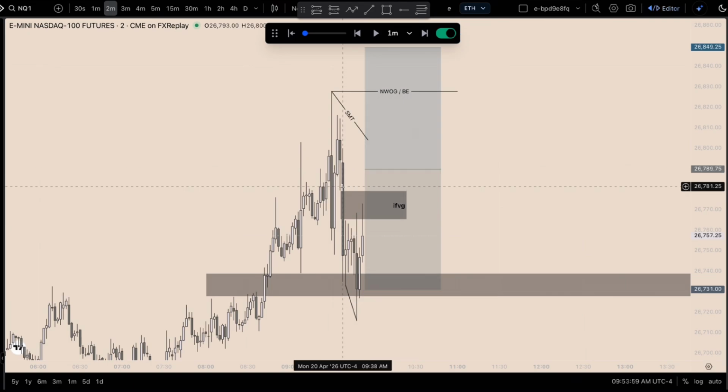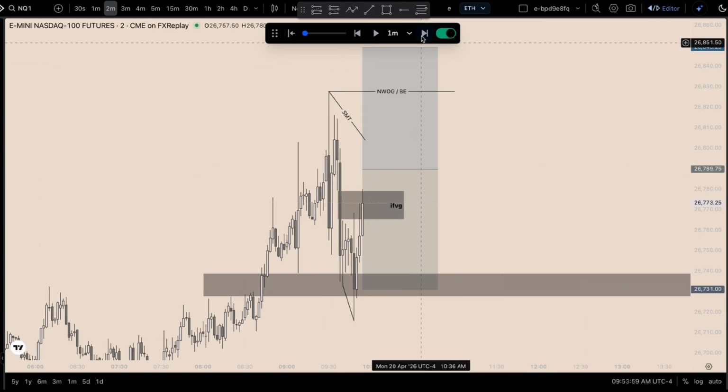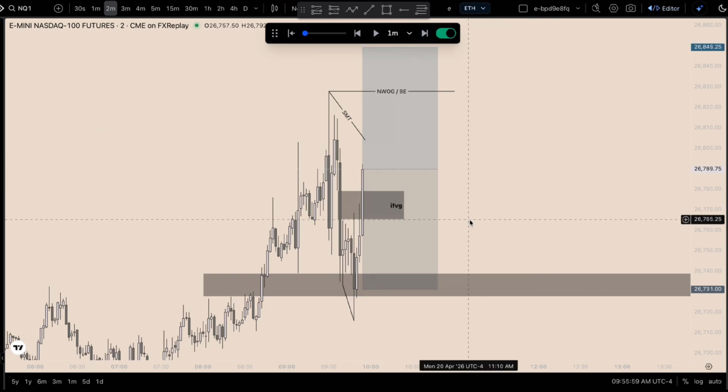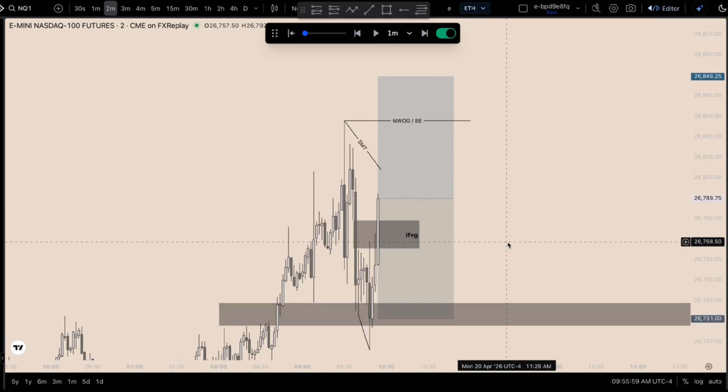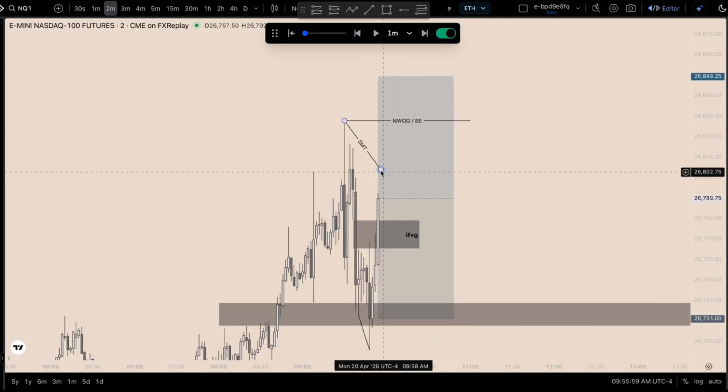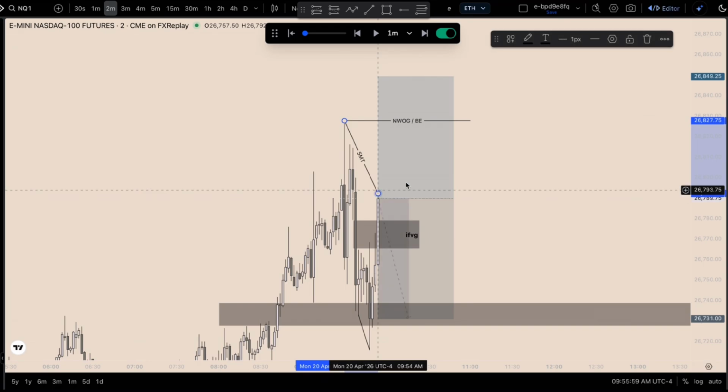I need some real displacement here. And then we end up getting a super displacing candle. I enter in here, stops at the low, risking 500. And what ends up happening during this trade is we do create a bearish SMT here, but I wasn't worried